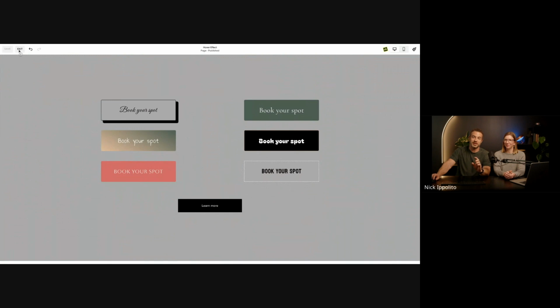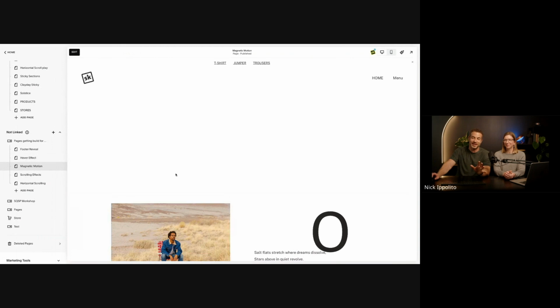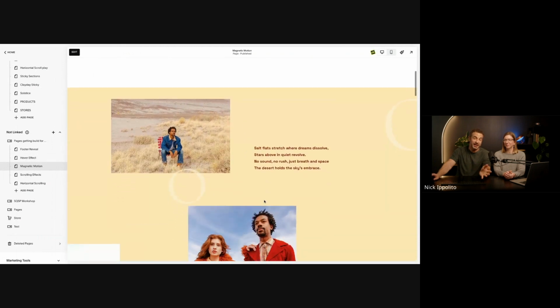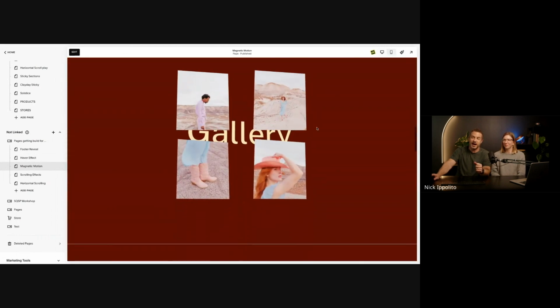Let's go through just a couple things you can do. I'm not going to go into detail of how I made them, but you can watch lots of tutorials just like we've done here. This thing is called Magnetic Motion. It's a new tool we've just created, which allows the user to play with different tools and animate them. And one of my favorite ones was the entire screen.